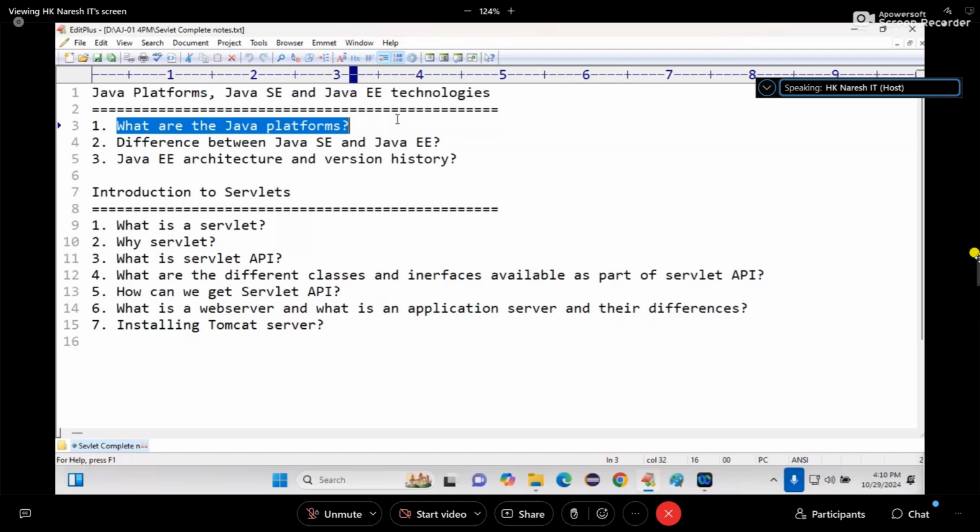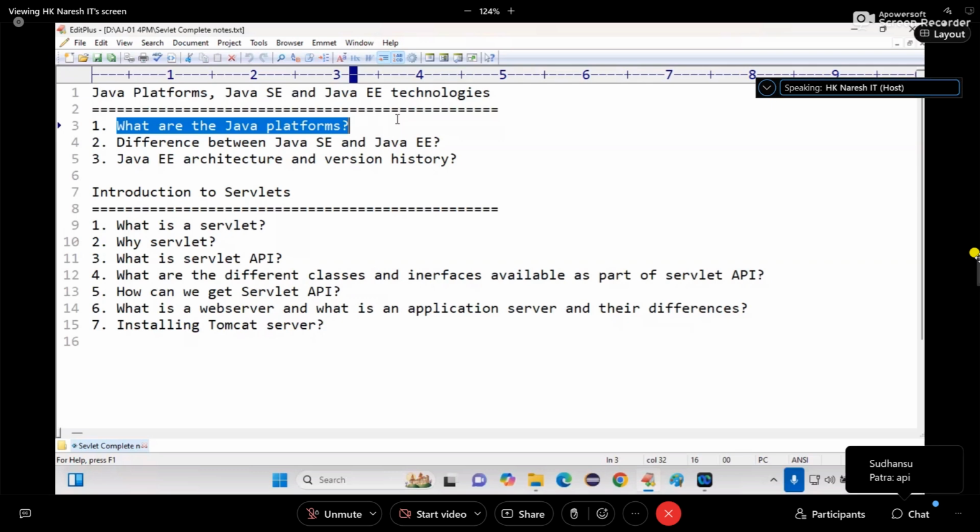So is language a technology? No. Is a library a technology? No. Then what is the difference between library and API? At this time, core Java students cannot understand much difference between library and API, but advanced Java students, after JDBC is completed, can now easily connect it. Is JDBC a library or an API?